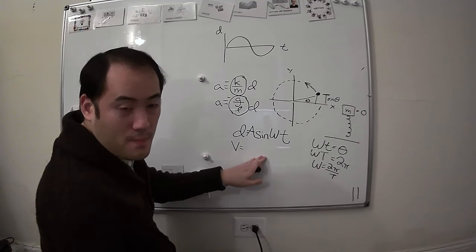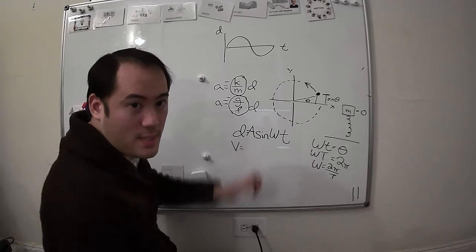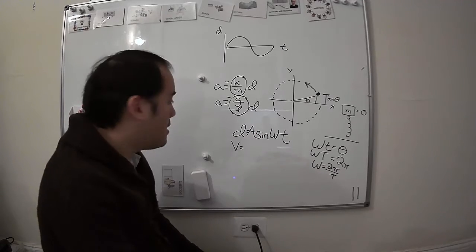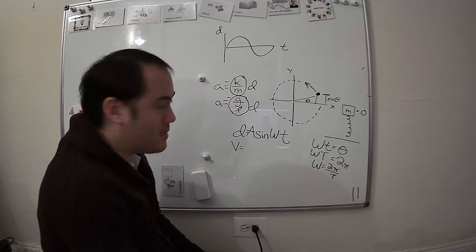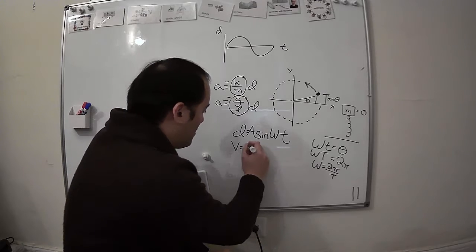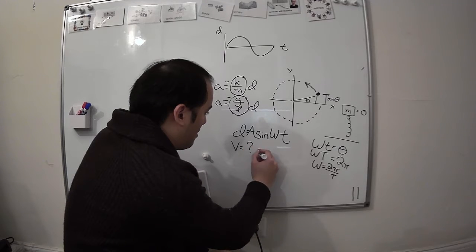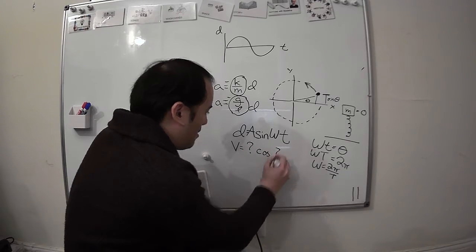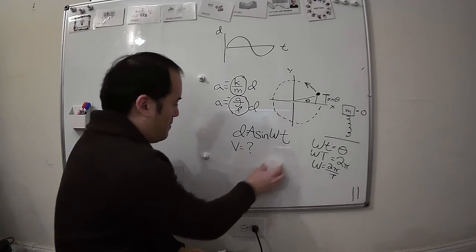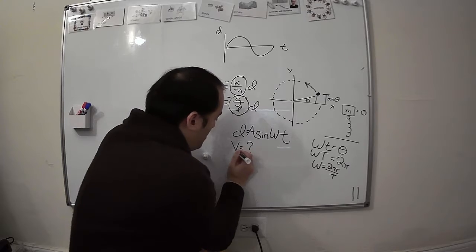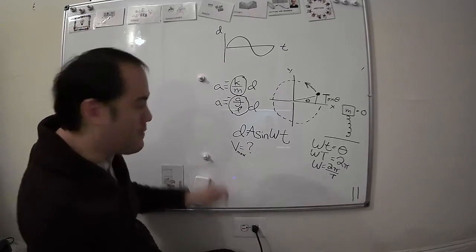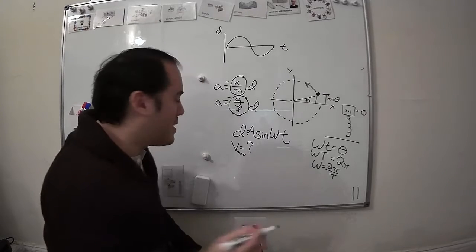V is also going to be a trig function. It's not going to be sine, it's going to be cosine. If you know calculus, that's obvious to you. If you don't, it's okay. We don't really care about that. Let's find V max. If you are curious, okay, if you do care,